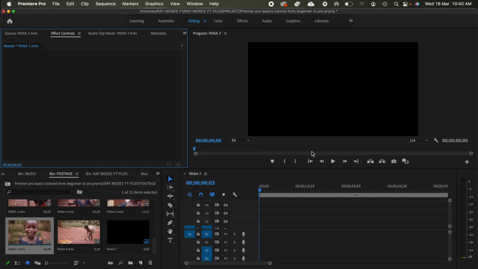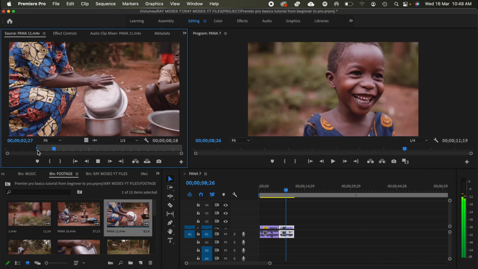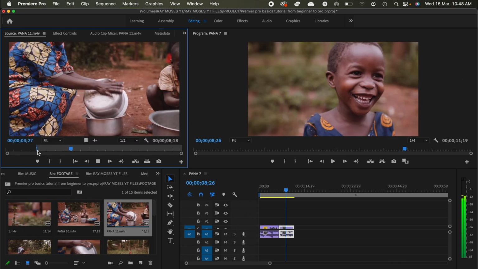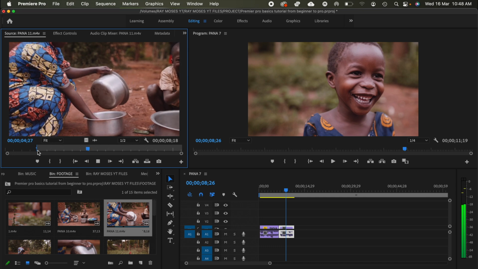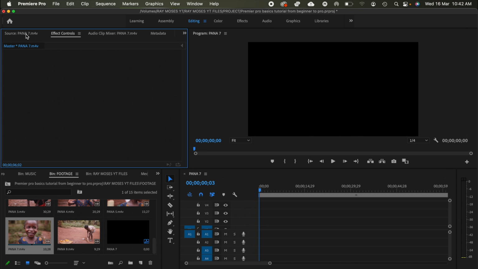The source monitor plays back the video clips. In the source monitor, you prepare clips that you want to add to the sequence. So this is where all the videos from the project panel are placed, and selection of video clips is done before going to the timeline. So right now we're in the source panel, which is this, and we're going to go ahead and click on this video,